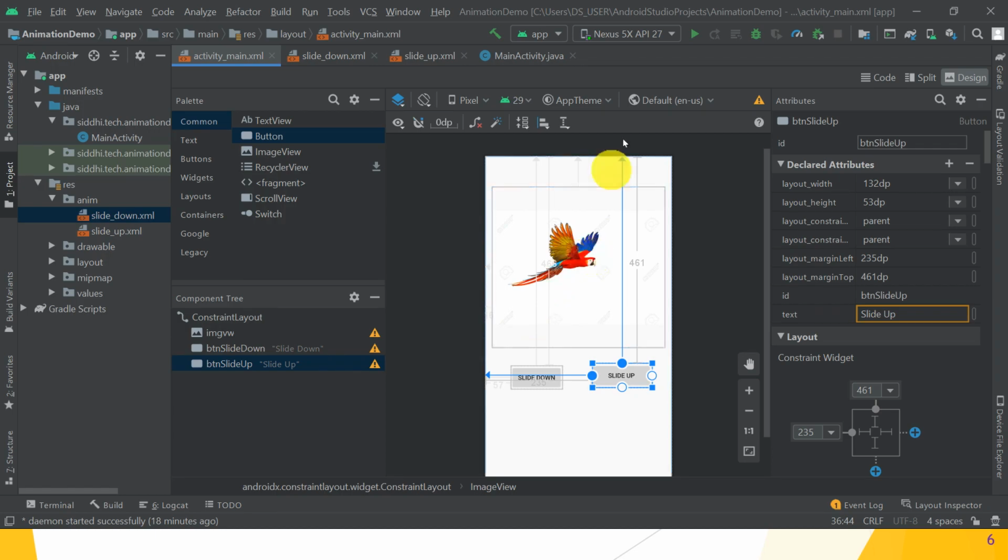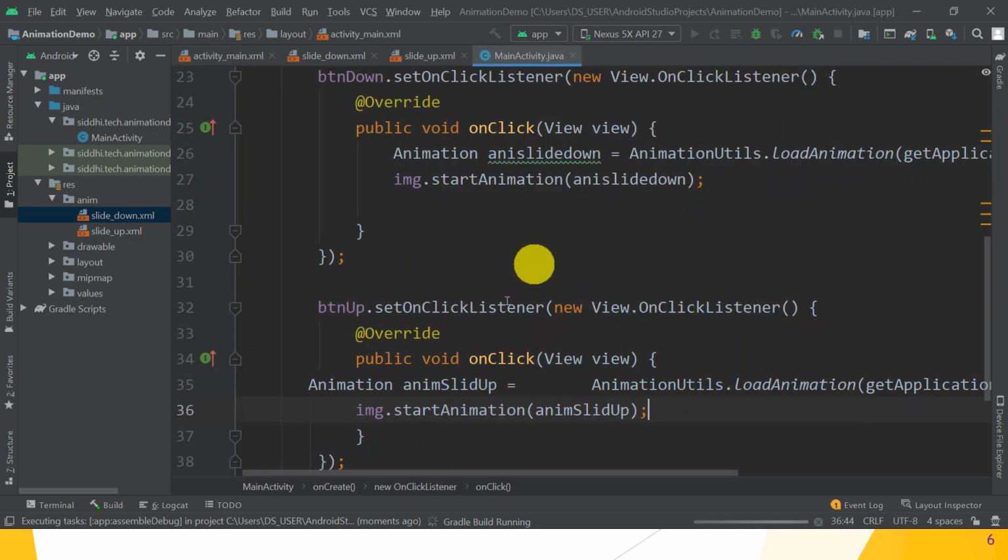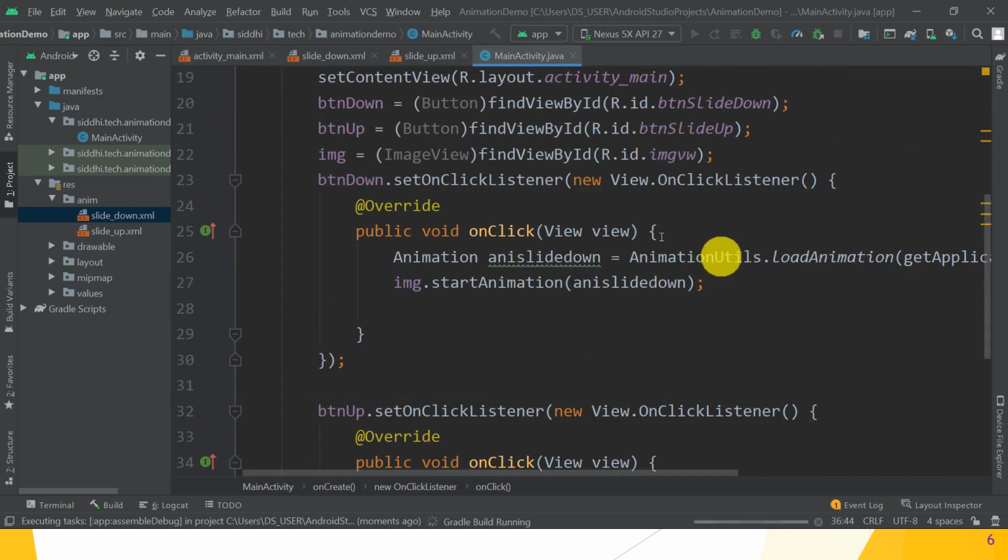Great. Now it's time to run this application. Hope you understand this code. So it is very easy. First, create the object of the Animation class by using the AnimationUtils.loadAnimation method. Pass two arguments to that loadAnimation method.